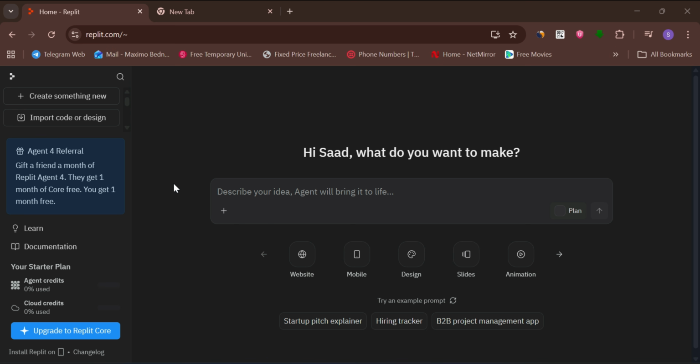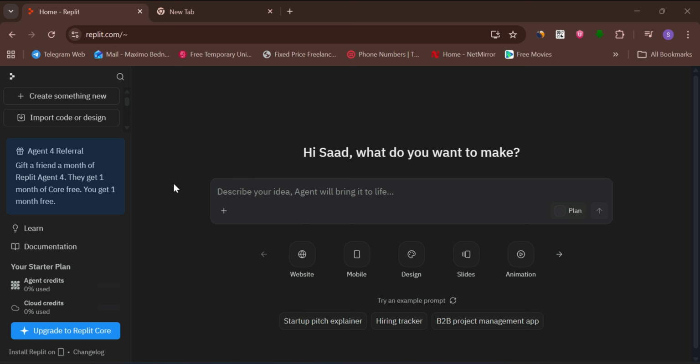When you paste it into your browser, it will land you on the page to create an account. Make sure that you use your Gmail account. You don't need to use your personal Gmail account, you can use any Gmail account, but don't use a temp mail, as it may block your account. After that, your Replit account is created.